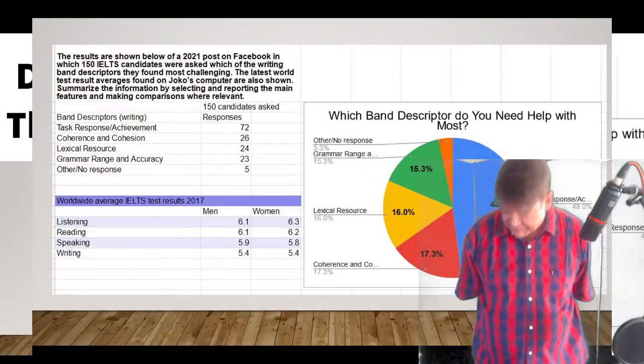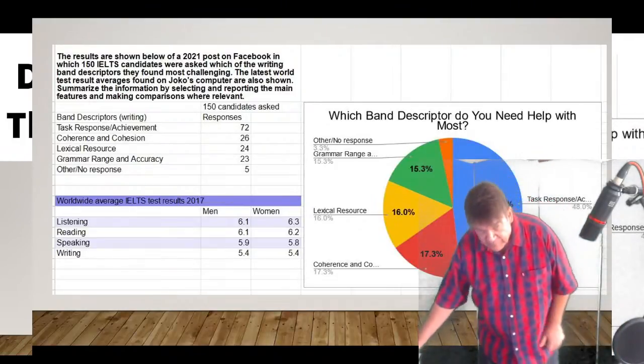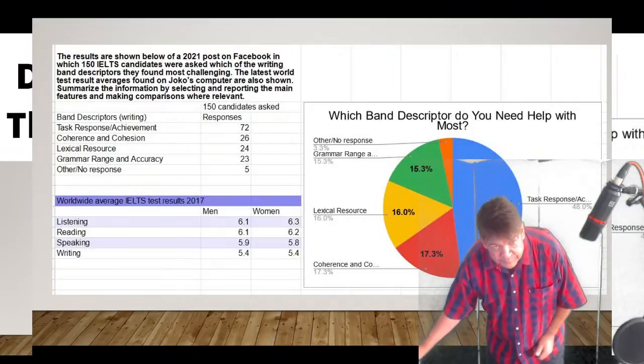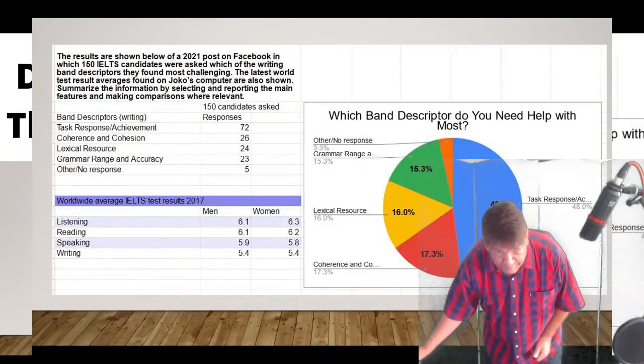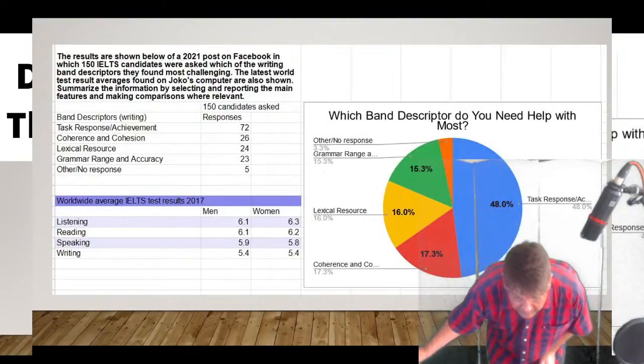Now, what about task achievement, as it's in part 1 of the academic? Identifying the key information. Well, there's a lot. I've done whole videos on that. I can point you to those. But if we look at the one that I created for this presentation, show taskbar. Show taskbar. Where is it? There it is.